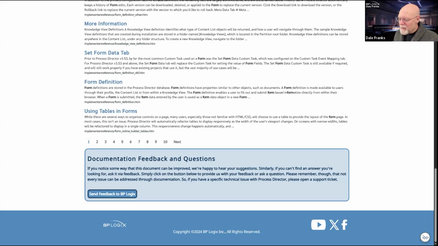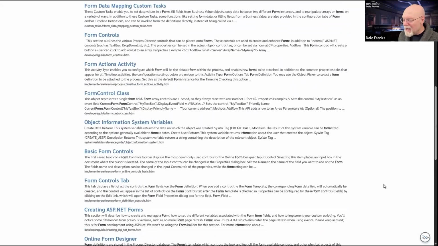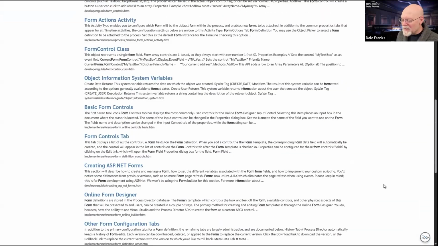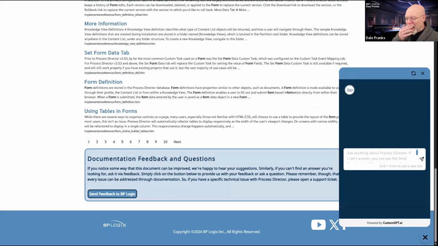Finally, in documentation, there is the AI chat box. Again, on the bottom right of every page, there is this tiny little BP icon. As you can see, it doesn't go anywhere. It just gets stuck down there at the bottom of the page, wherever the bottom of the page is in your viewport. And you click on that, and it opens up a little chat box that you can ask questions